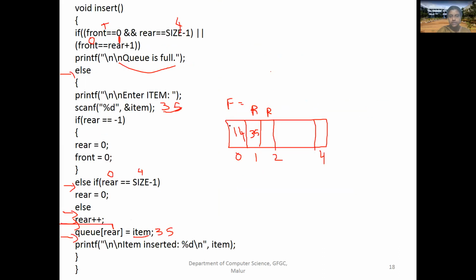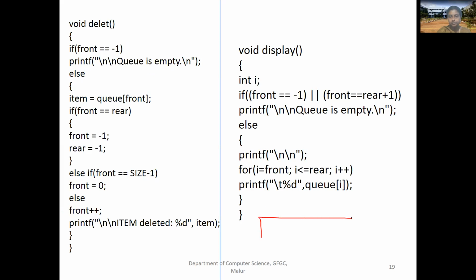So when it comes to deletion, same thing we will take. We have two values. One is 14, another is 35. As of now, front is 0 and rear is 1. The name of this queue is Q. Okay, here we need to check front is -1. Whether front is -1, no. So this part won't work. It will come to the else part. Item equal to Q of front. So first value we need to check. Q of front is Q of 0. What is the value in Q of front? 14 will be stored in a variable called item.